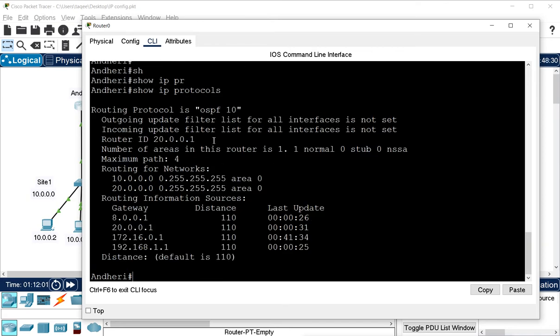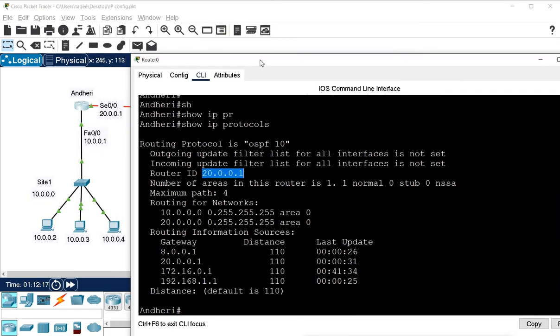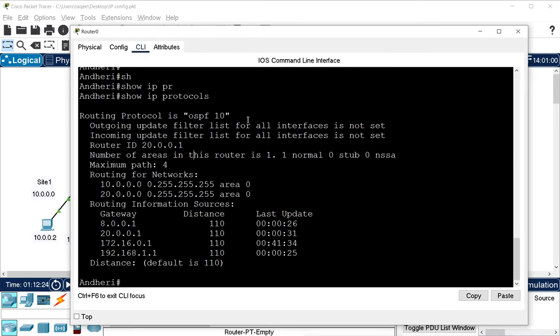When we run this command, it says the routing protocol is OSPF and the process ID is 10. Incoming and outgoing filters are not set. This is the router ID for this router Andheri, and the router ID is what? This interface IP, that is 20.0.0.1, and we have not changed the router ID of this router.